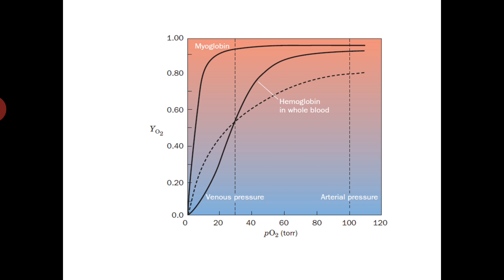So here we have the comparison between myoglobin and hemoglobin. If we closely see these two curves, we have the fraction of O2 bound with either myoglobin or hemoglobin, and PO2 represents the pressure of O2. In both cases, myoglobin follows a hyperbolic curve, and hemoglobin follows a sigmoidal curve, and the capacity of hemoglobin to bind with oxygen is very high compared to myoglobin.